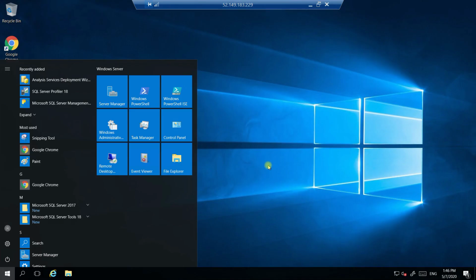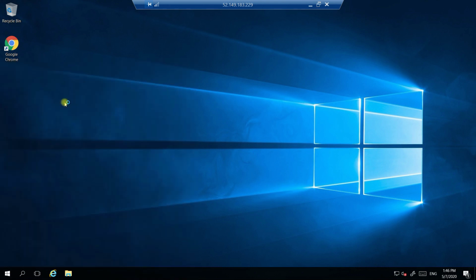I'm back, guys. It already started. Now see here, if you go to Start, there is something called Microsoft SQL Server Management Studio. This is what we have installed now. The current version is 18. If the version increases, you can update this later. Now double click on this. This is SSMS, what we call to interact with the server.